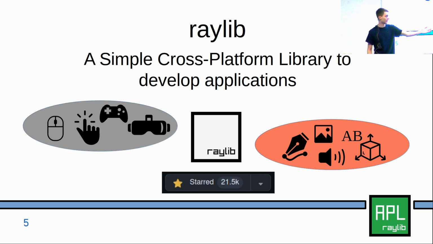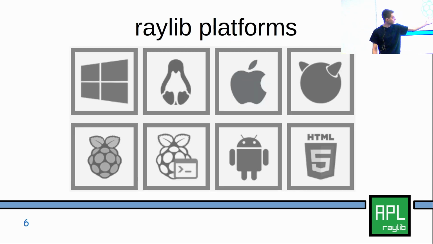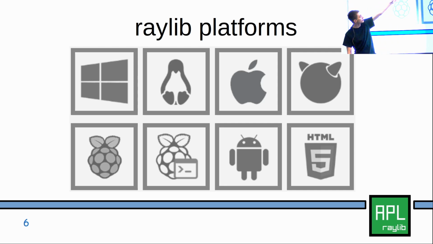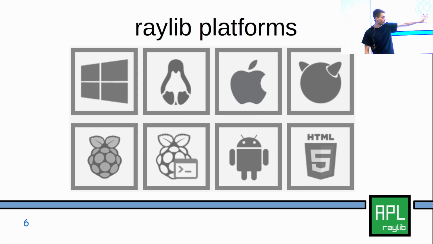And it has amassed quite a following, with 21,500 stars on GitHub. And it also supports quite a lot of platforms. As you can see, Windows, Linux, Mac OS, FreeBSD, Raspberry Pi and Raspberry Pi Desktop, Android, and HTML5. This is still talking about Raylib, by the way. Raylib-apl